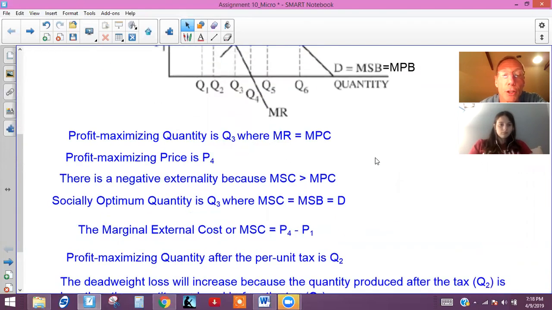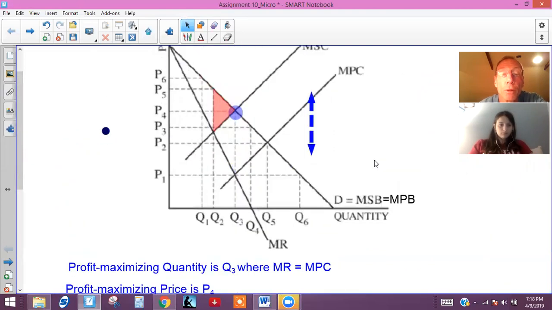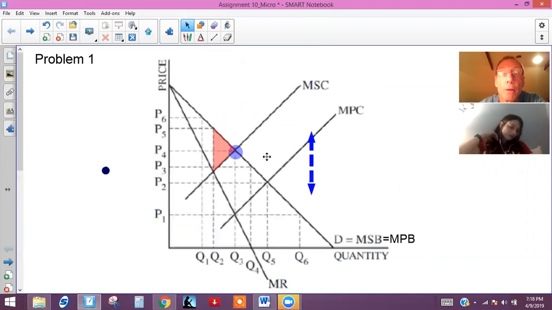After per unit tax is Q2. So that's because that is where the... once we move up here and we shift up, we're going to actually use this as our new supply, just